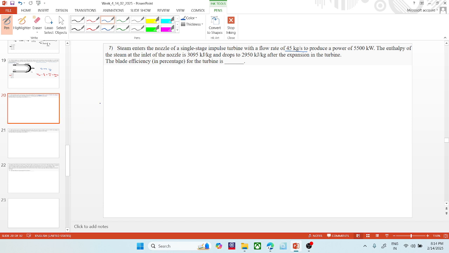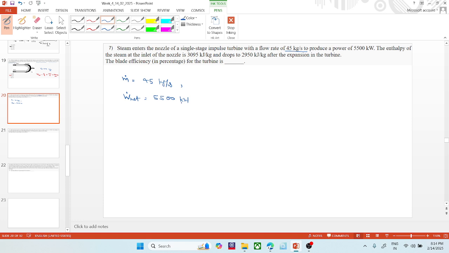I would write here the mass flow rate m dot is equal to 45 kg per second to produce a net power of 5500 kilowatt. W dot net is equal to 5500 kilowatts,